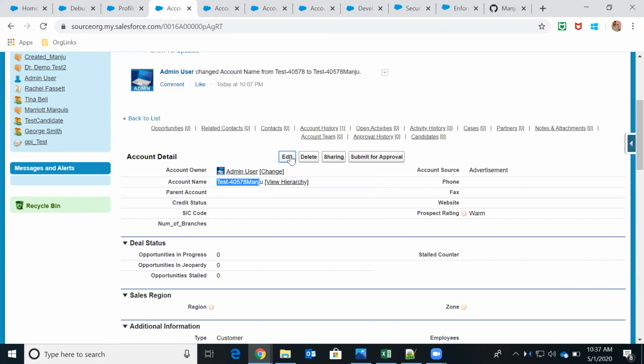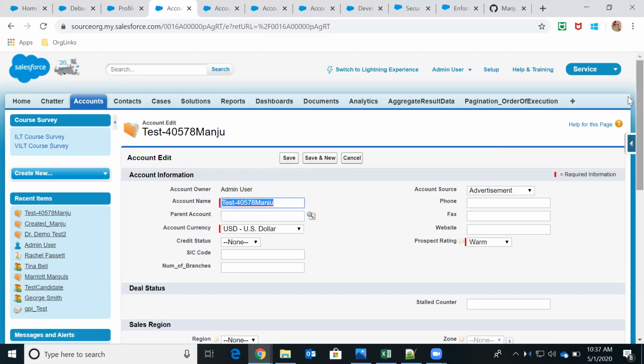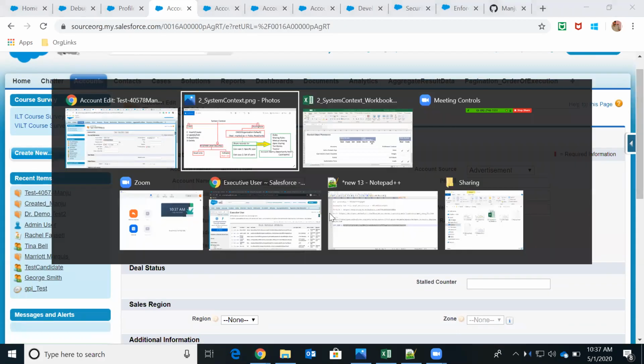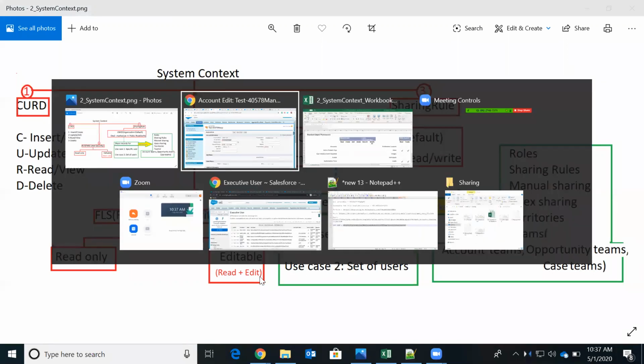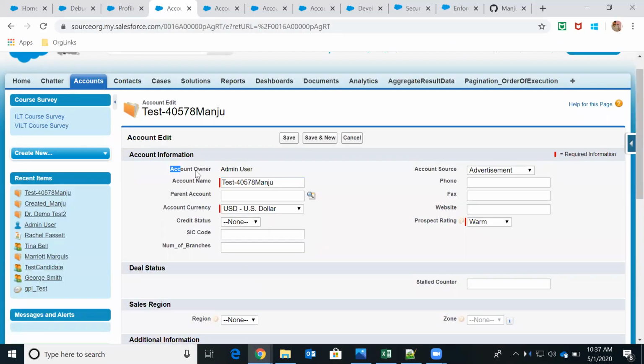So what I'm trying to explain here is that for FLS on a field, there are two versions of permissions. One is read only, the other is editable. Editable means it contains read permission plus edit permission. So this is an example of a read only field, and this is an example of a read editable field.